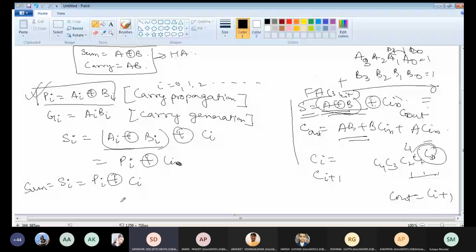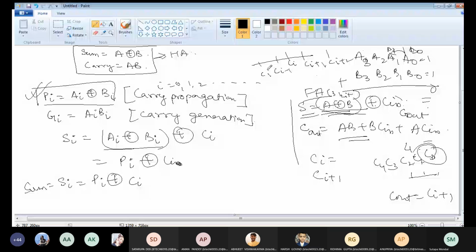Yes, ma'am. If any number is on the number line, if it is CI, then it will be CI plus 1, then CI plus 2, and it goes on, and on this side it becomes CI minus 1, CI minus 2, like this. We write it like this, right? Yes, ma'am.